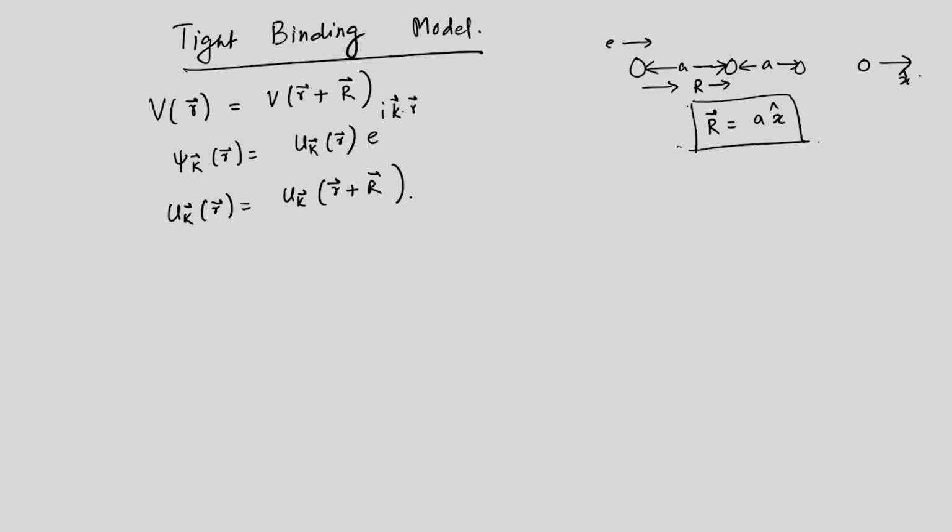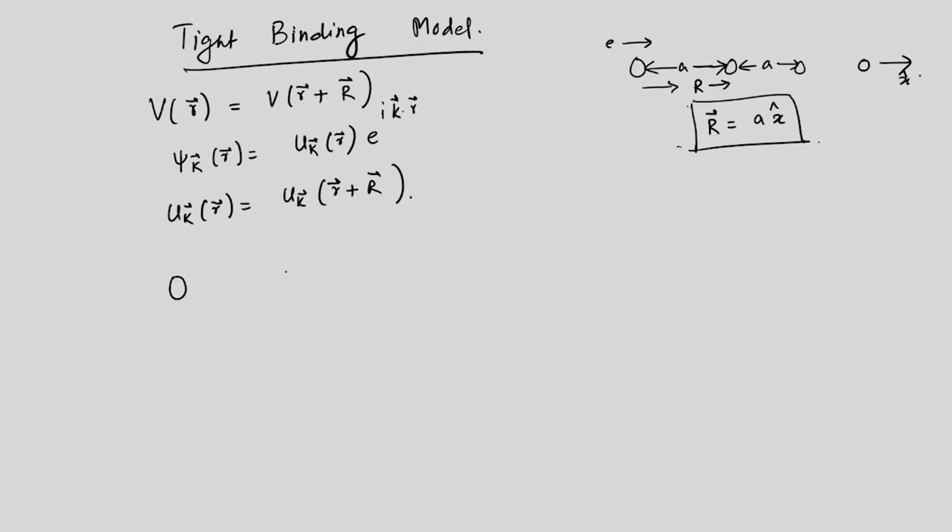This is what a first course of solid state physics would teach you, that this is the wave function, but just getting the wave function is not enough to arrive at the solution of a problem. We also need to know the energies. And in order to get the energies, we need to resort to some approximations. The tight binding approximation or tight binding model is one such approximation, in which it is assumed that the electronic wave function is tightly bound to